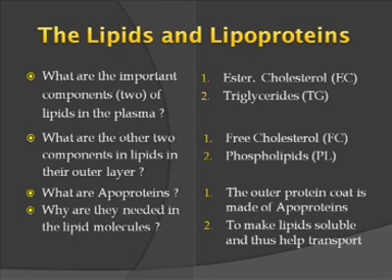What are apoproteins and why are they needed in the lipid molecules? The outer protein coat of lipids is made of apoproteins. These apoproteins make the lipids soluble. As such, the lipids are insoluble particles in the plasma and they cannot travel. So, with the cover of the apoprotein around them, they are made soluble and thus they are helped in transport